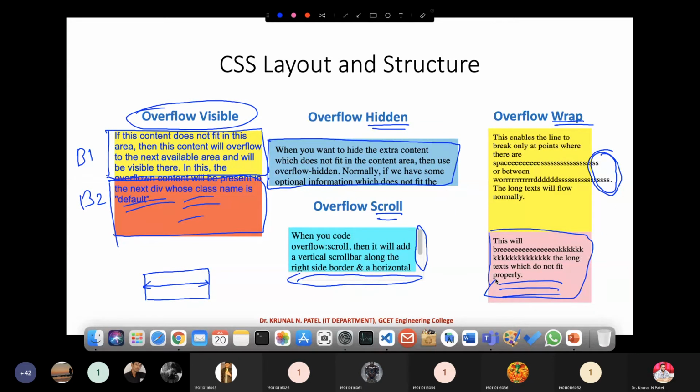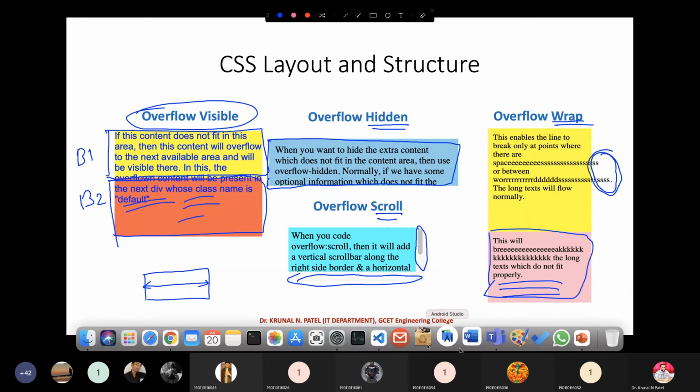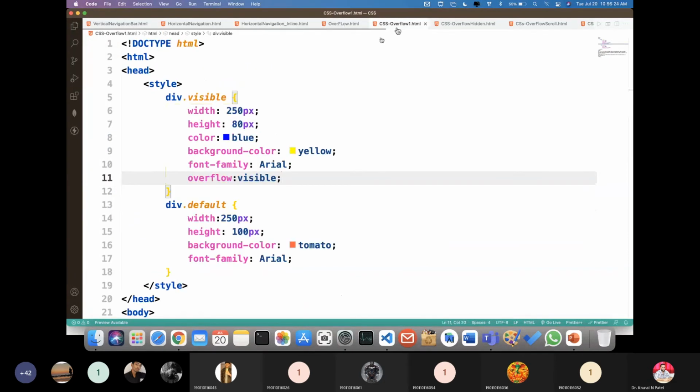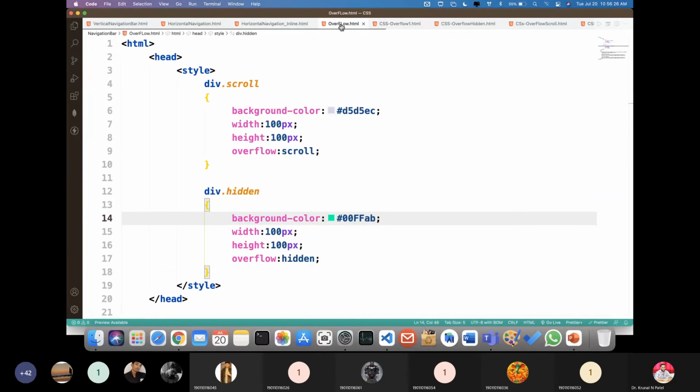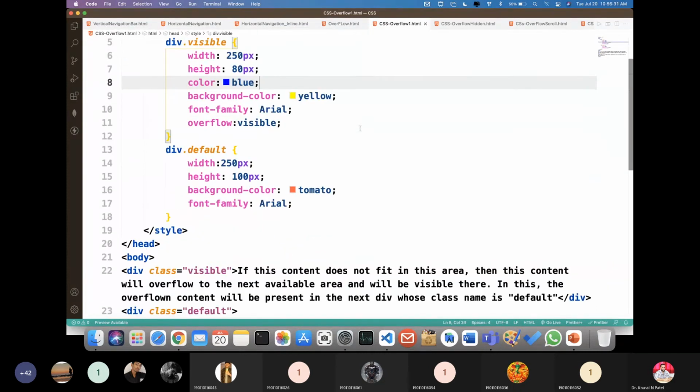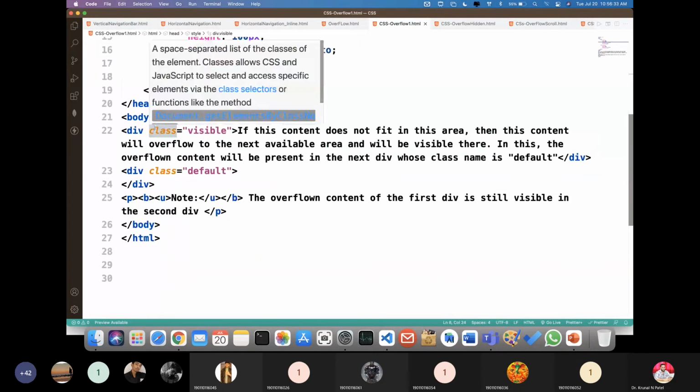Okay guys, I have also created these examples, so let me show you. Here is the first example.